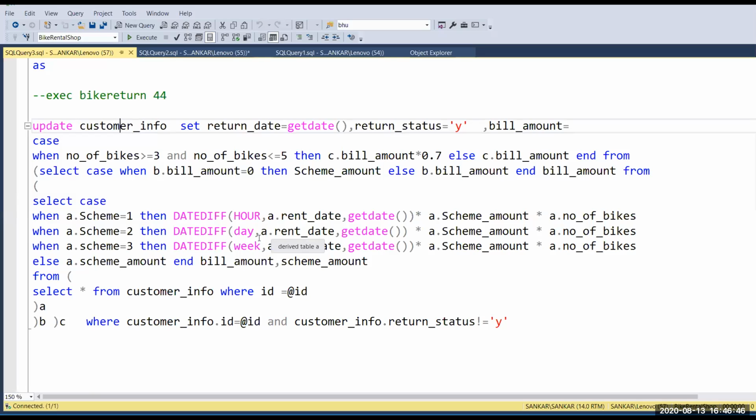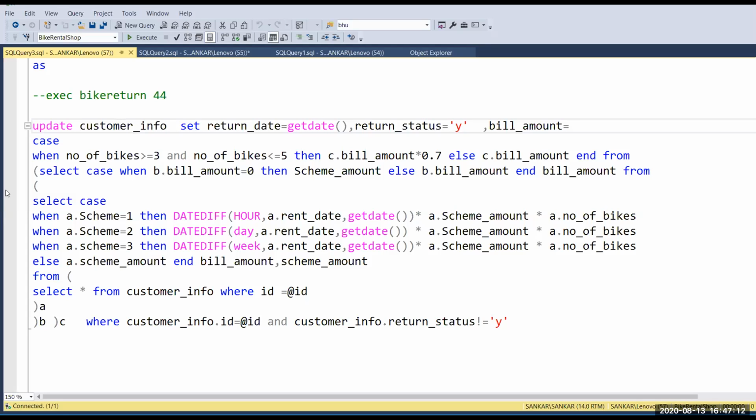First, the procedure takes id as a filter, then goes and checks the customer info table. Then I'm using case for calculating the values.